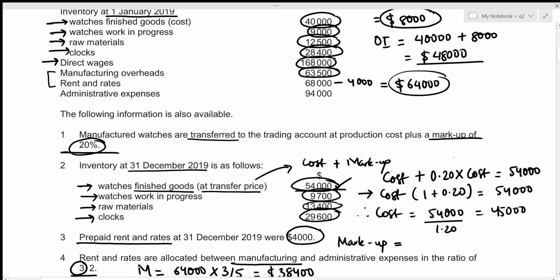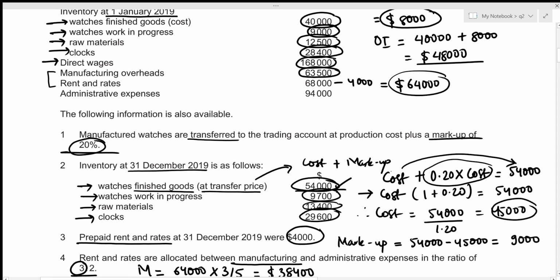In order to figure this out, we just need to subtract our cost from the transfer value of 54,000. So this gives the profit associated with the closing inventory of finished goods of watches to be 54,000 minus 45,000,